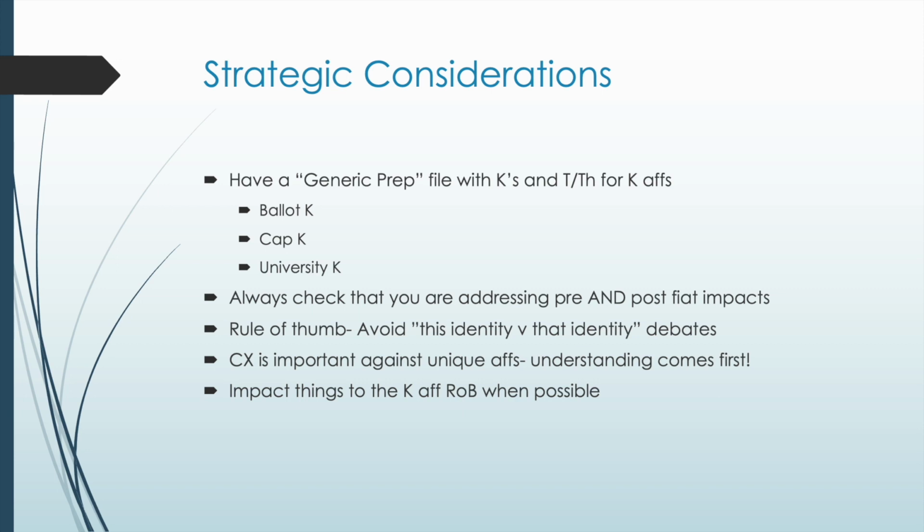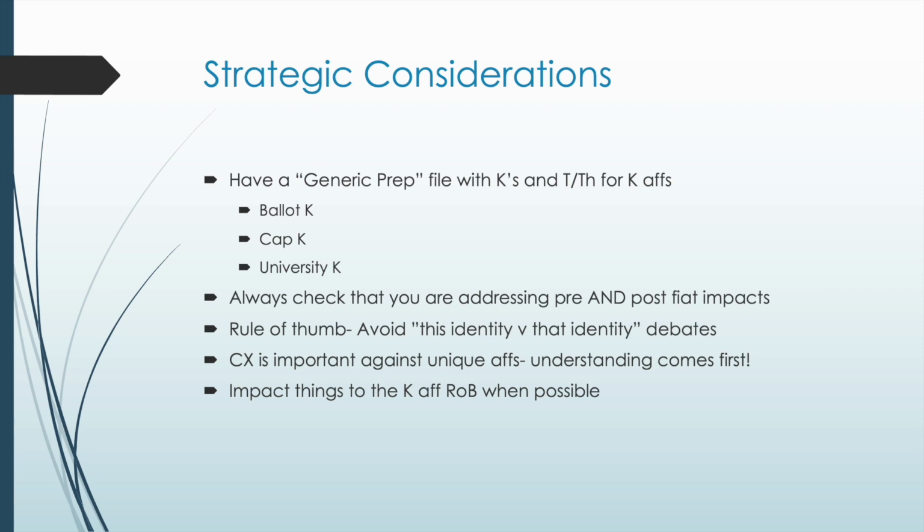I kind of alluded to this at the end of the performance slide. If the aff gets up and talks about a certain identity group, and the neg gets up and says, instead, we should talk about this identity group, that puts both the debaters and the judge in a relatively uncomfortable position of basically having to make the decision of which identity group deserves to be prioritized. There are rare exceptions to that where there are root cause claims at play that argue that addressing this identity helps everyone. But for the most part, unless there's a really good reason, you want to avoid this identity versus that identity debates.